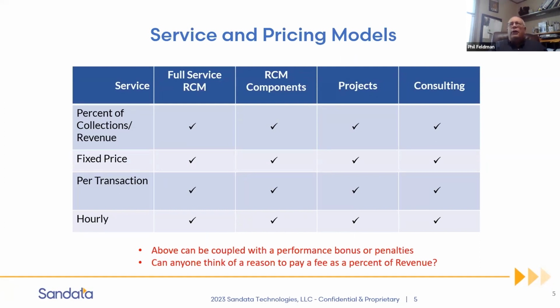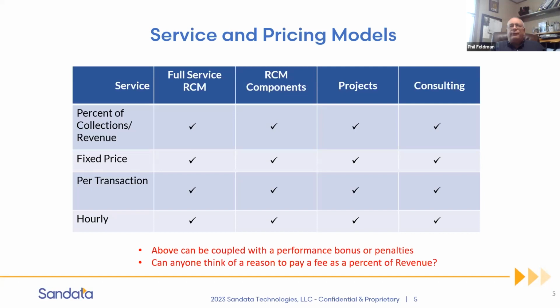It might be working on your AR that you have billed when your AR hits 30 days or 60 days or 90 days or something like that. They grab it and they work it. There's projects. So you may have a cleanup project that needs to be done. AR that needs to be evaluated. Is it collectible? Go out and collect it and advise on what needs to be written off. And then there's consulting. So they would come in, look at your process, run reports out of your system, and help you